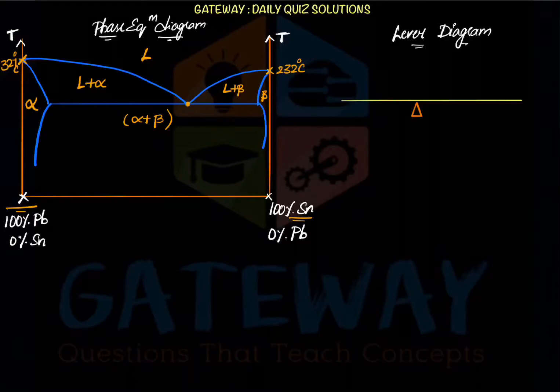Okay, and in our question, they gave a condition, that is 40% Sn. So if this is 0% Sn, somewhere here we will be having our 40% Sn. Since they gave Sn as our reference, on the fulcrum point also we will write 40% Sn here. Since in our question tin is taken as a reference, we are measuring the tin, so the fulcrum will have 40% Sn. So what we'll do is we will extend a line here and just leave it, and now we'll read the remaining part of the question.